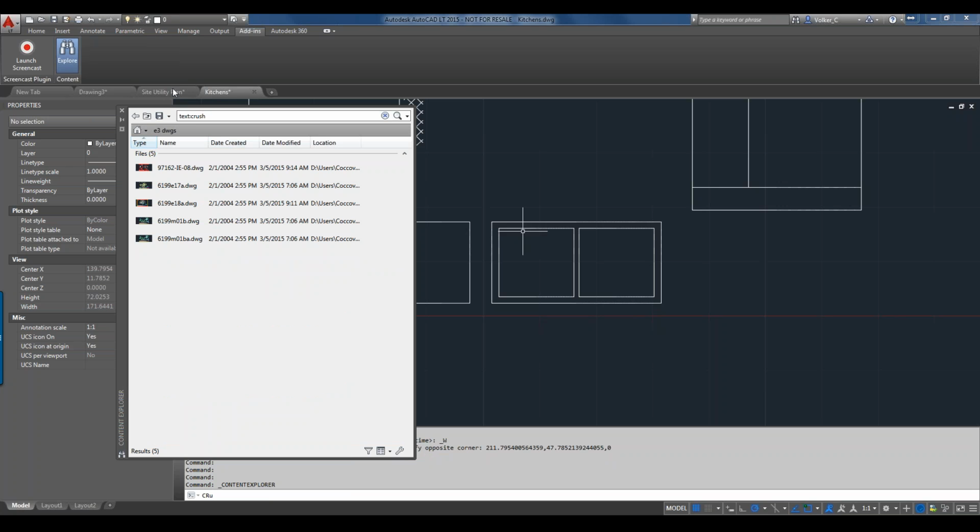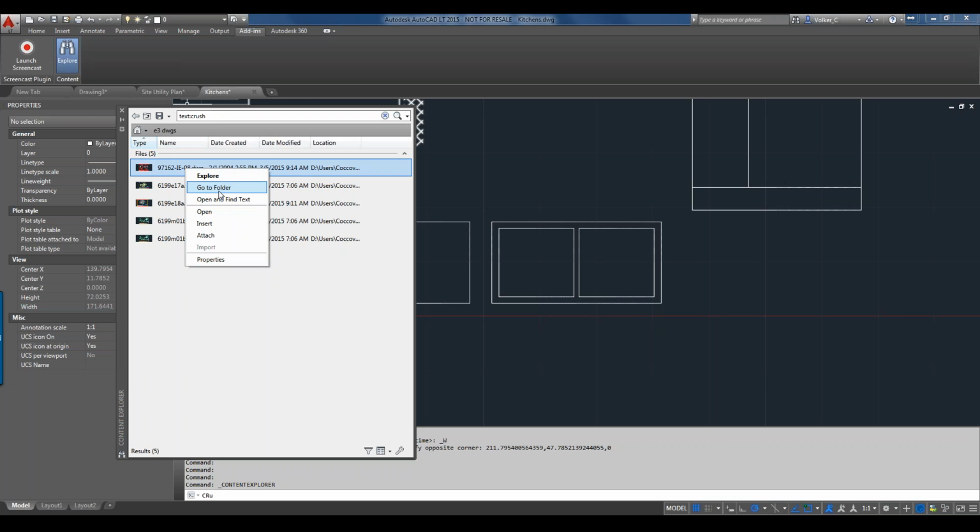So what I've said this time is, look, I want you to find text crush. When I tell it specifically text, it's not going to look for the drawing properties. So I said ignore the drawing properties because I just want you to find the text. And it says